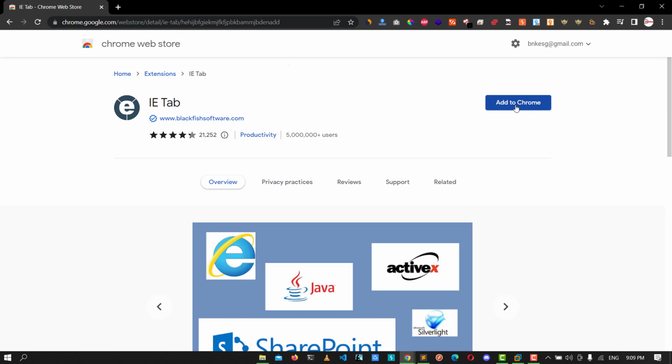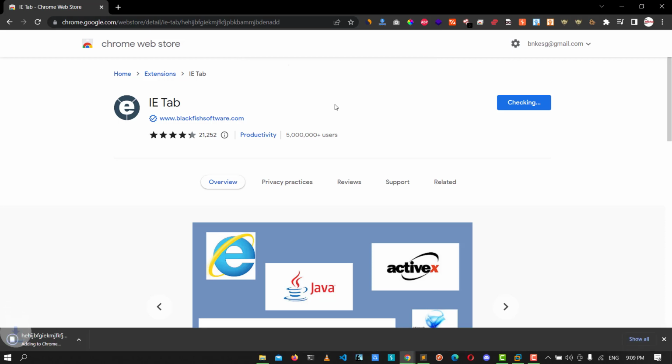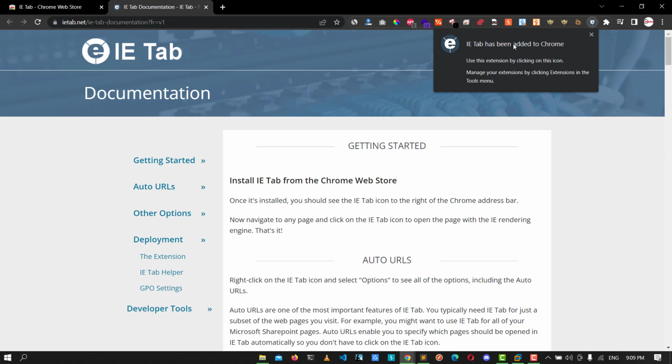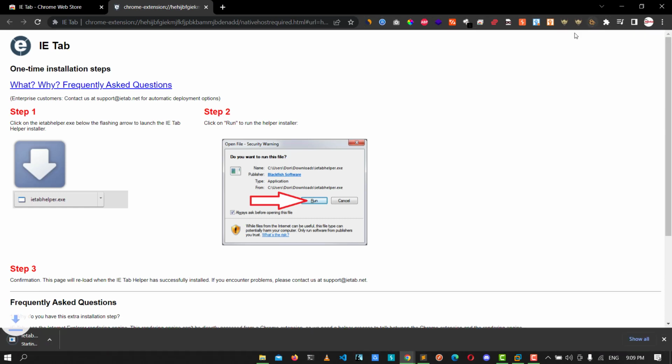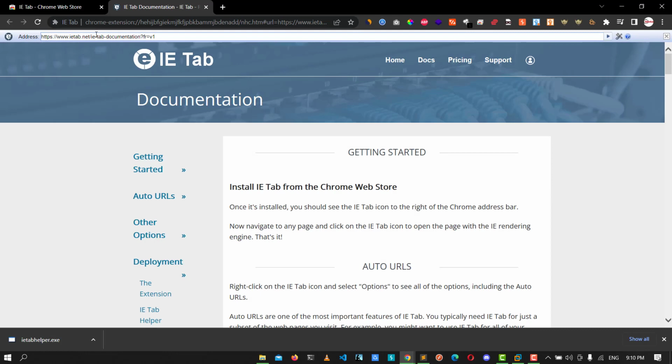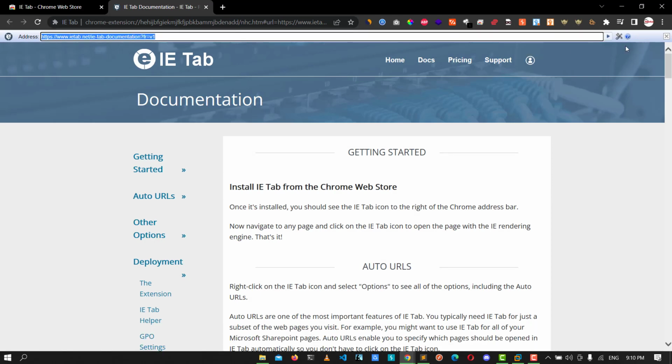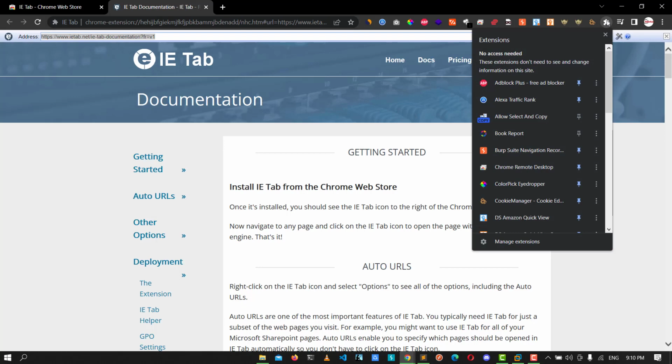And you need to add that to Chrome and add the extension, and wait for a second. You see, we have automatically added that IE Tab Google Chrome extension. Let's run that. And wait for a second. You see, we have successfully added Internet Explorer in our Chrome browser, and you need to pin that and